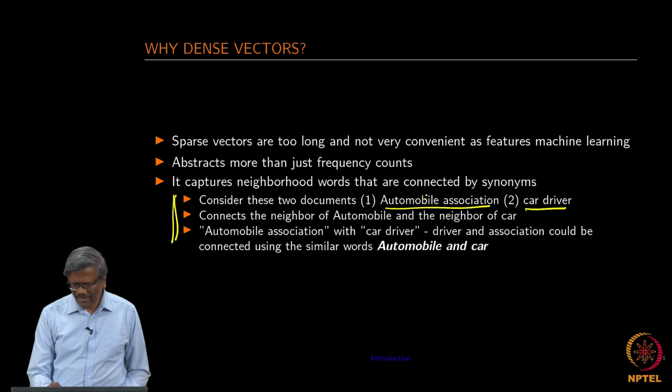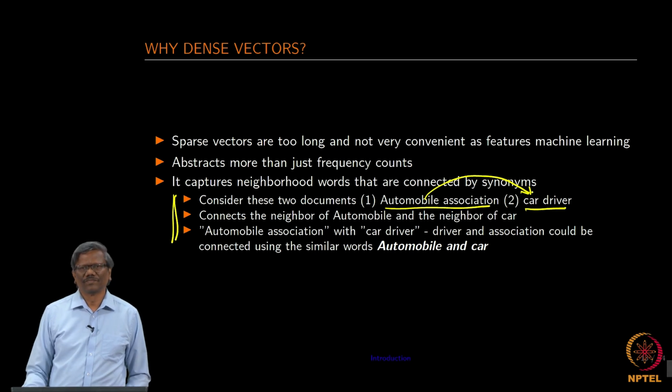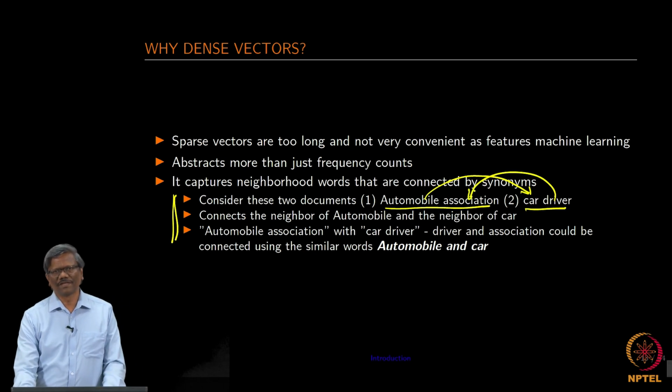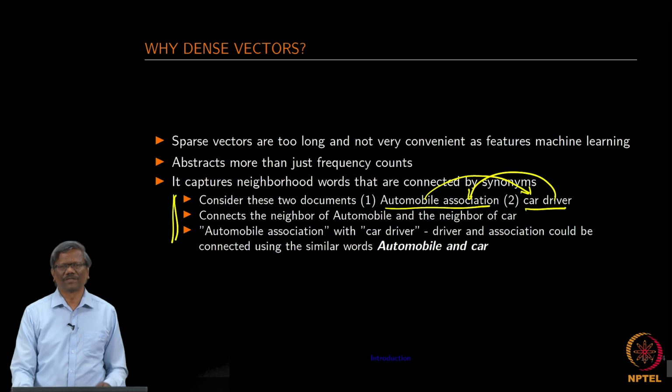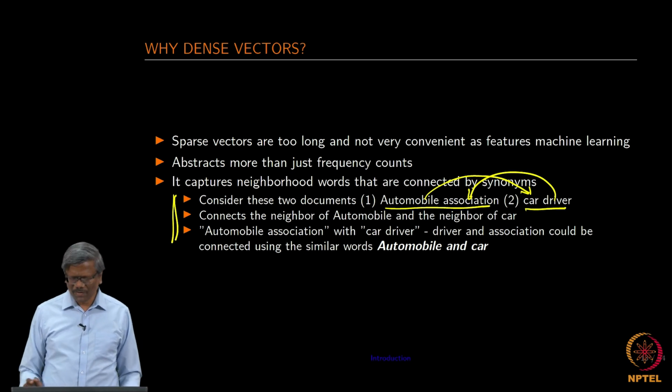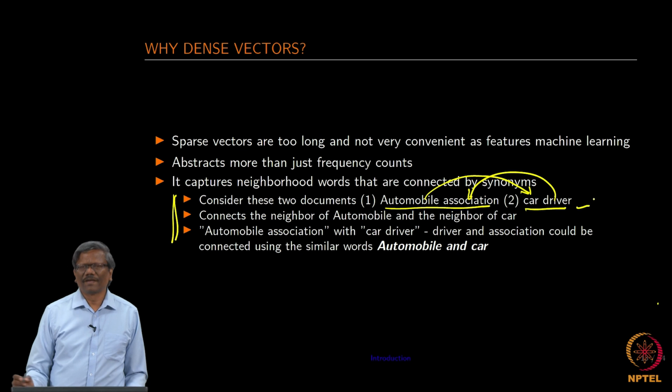Can we connect automobile and car automatically, or can we connect the driver and the automobile association to which he belongs to as one? These are a certain kind of operation that we want to perform on the